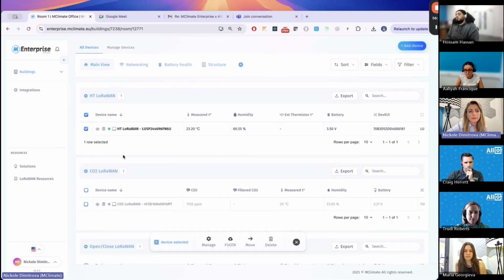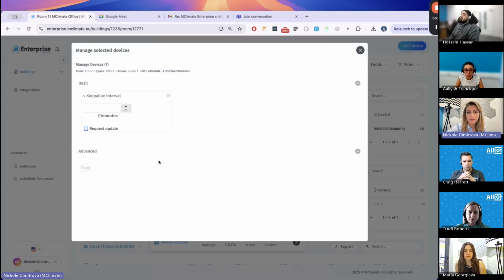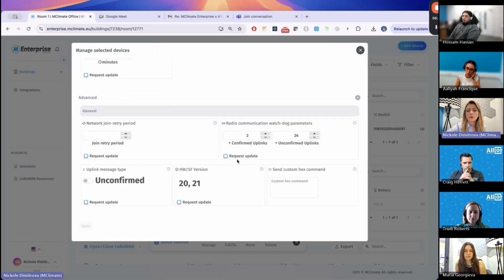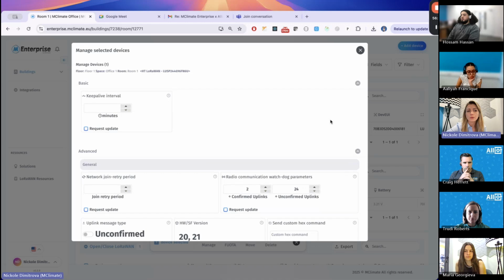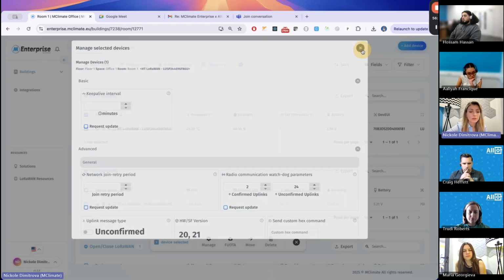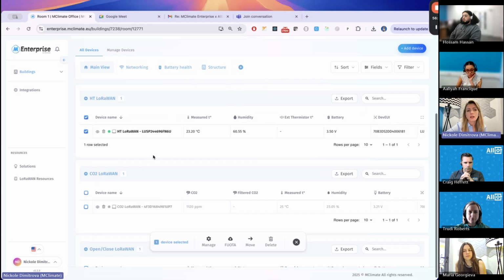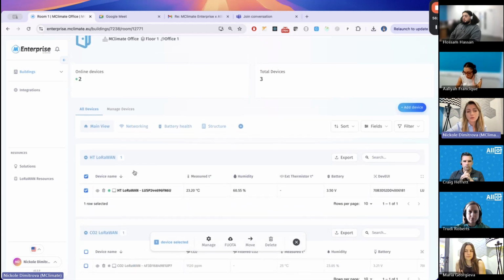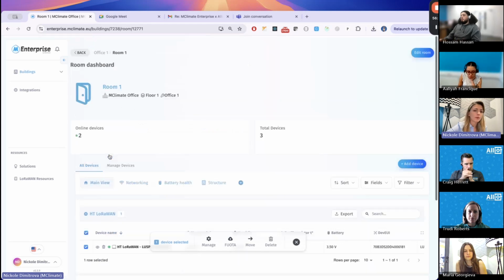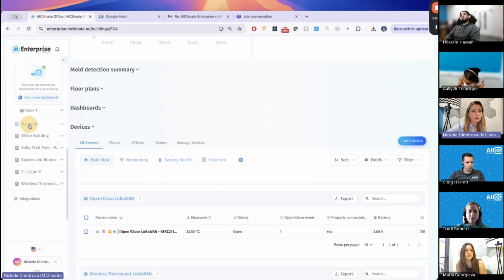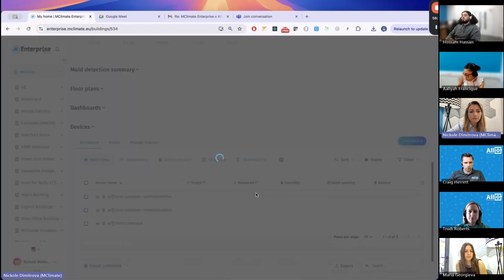If I select multiple devices, I have the option to manage, or so-called control, devices. I have a quick modal here showing possible commands that can be sent to this specific device or numerous devices. The only rule for this is that they're of the same type. So basically, if I have a couple of the same devices here,